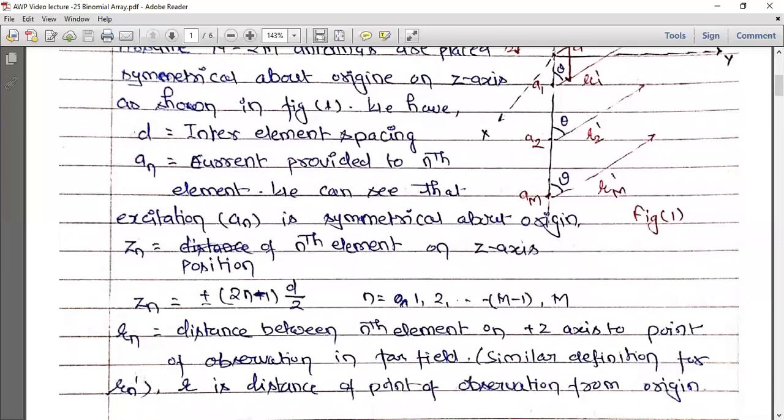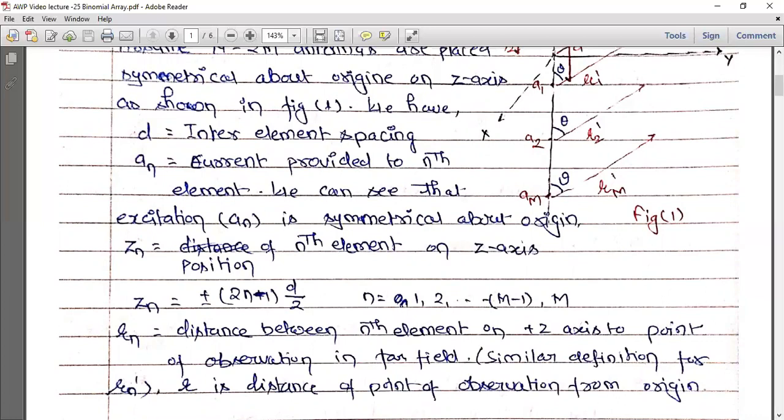Okay, so in this manner, we define the positions of the elements of the antenna array and the position of the point of observation with respect to every individual element of the antenna array. The magnitudes we purposefully choose to be distributed symmetrically around the center of the antenna array, or in this particular case, the origin.